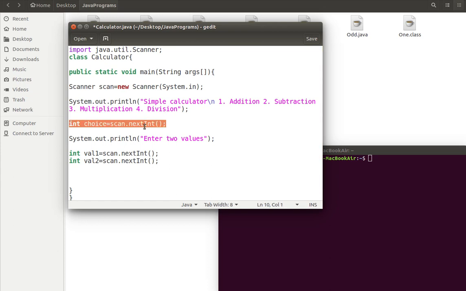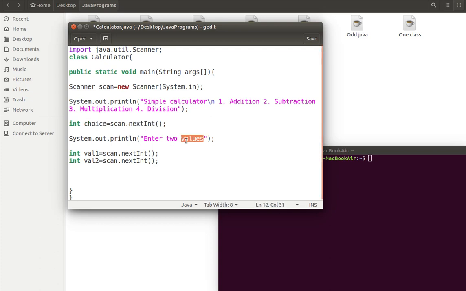The flexibility in Java is you can declare a variable anywhere. You can assign values to it anywhere. So that's not a big deal. In some programming languages, it restricts you to initialize variables only at the beginning. Here it is not the case. Fine. So we have declared a variable, and we have read input for that.